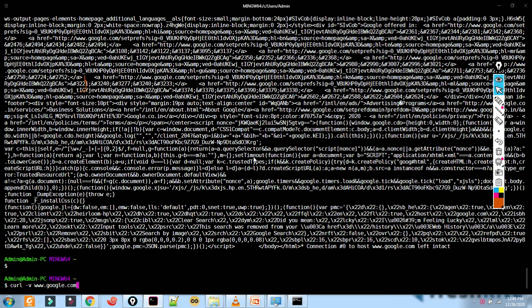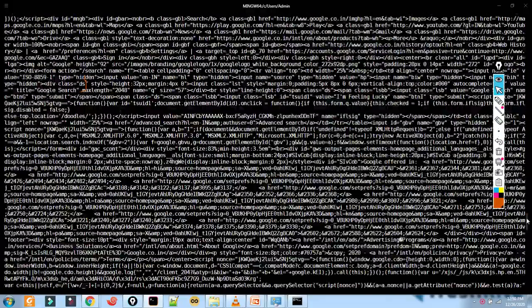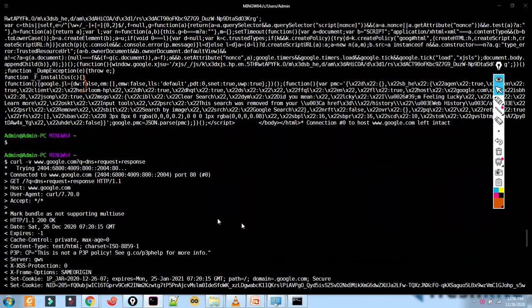So google.com?q=DNS+request+response, and see the same thing. See here, this is how it goes.